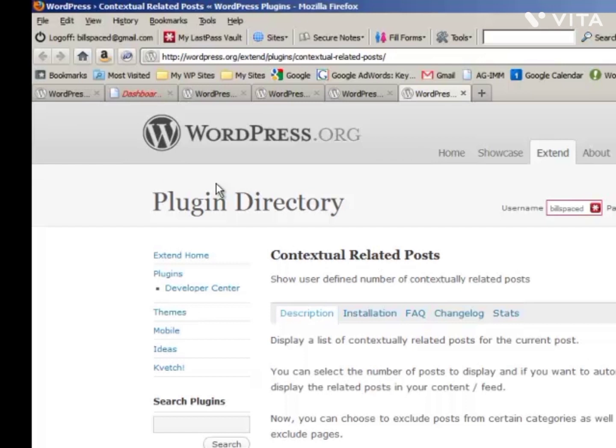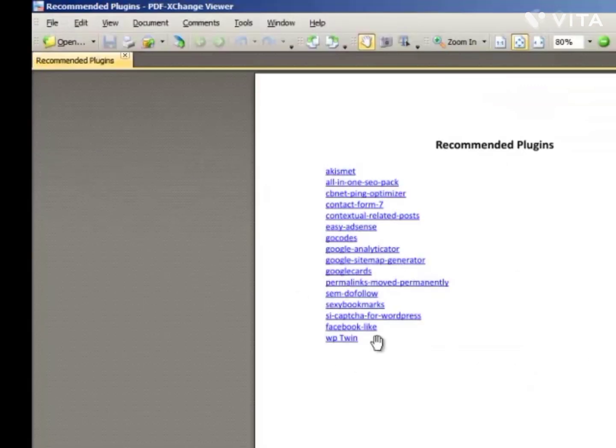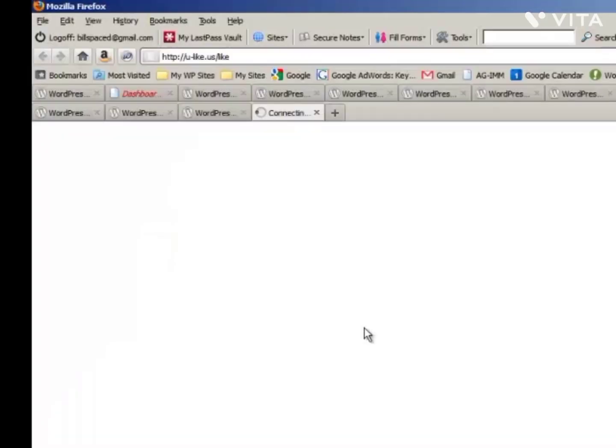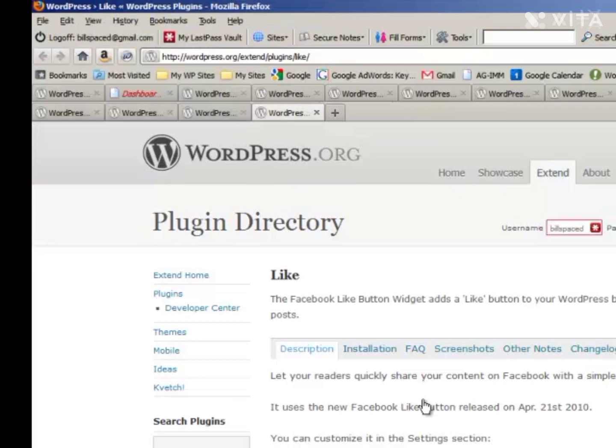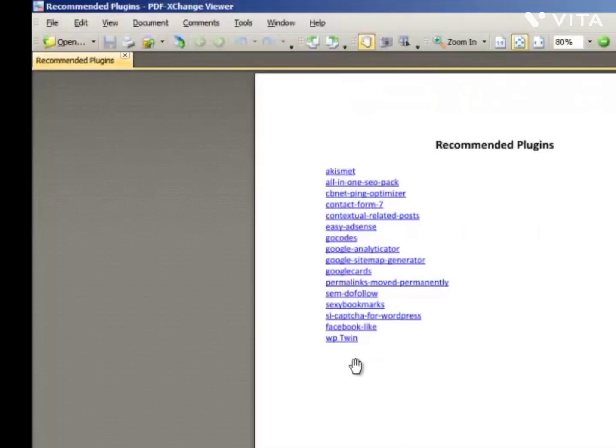I'm going to pause this, get them all done, and then we're wrapping up our last two. Download that, click OK. And actually we're not going to do this one right now because it's not something you can download for free. It's something you actually have to go out and buy, download, and then install. But we've talked about that in another video. So now that we're done with that,